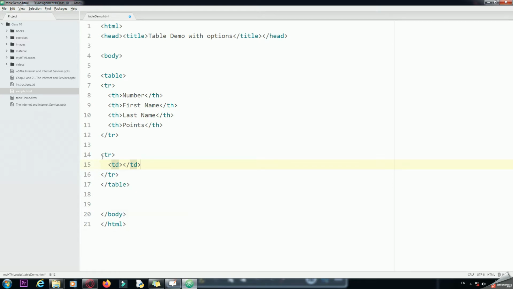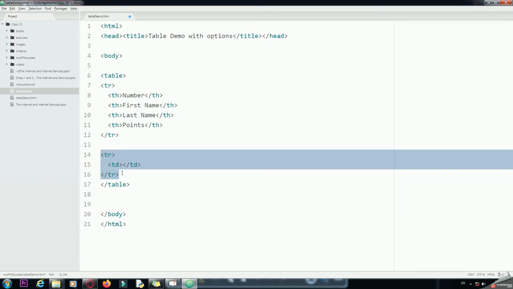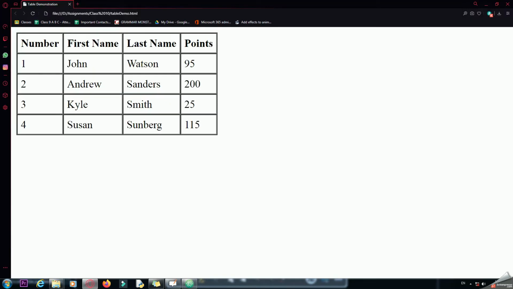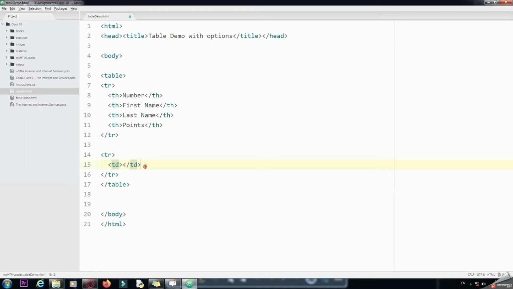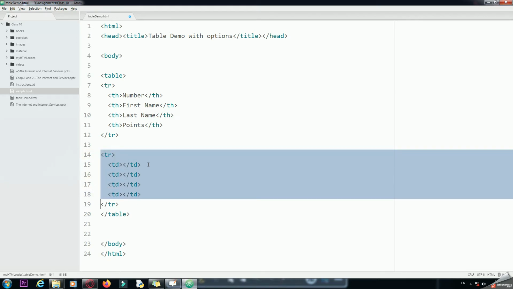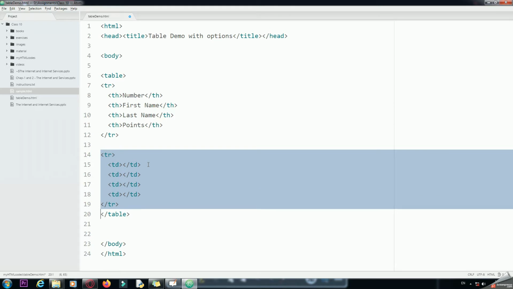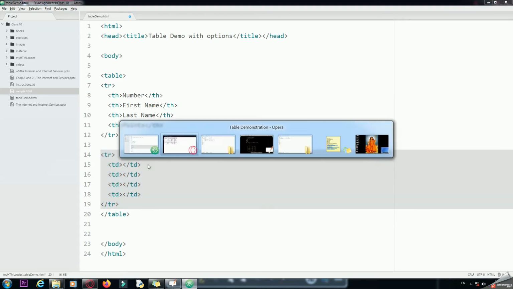Now one row will be contained within the tr tag, and because there are 4 different data values as you can see here, we will be creating 4 cells using the td tag. So we will copy this td tag. As I explained in my previous class, in order to save time, you can simply create placeholders first. So now you can see the placeholder for one row or one record is created.